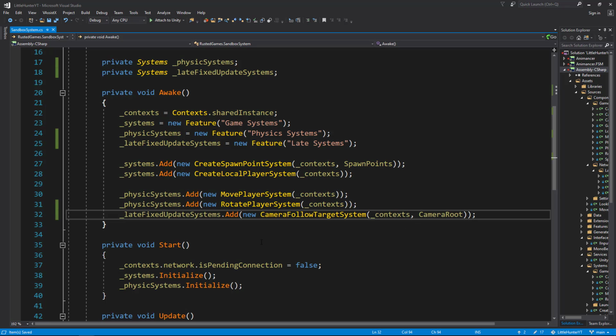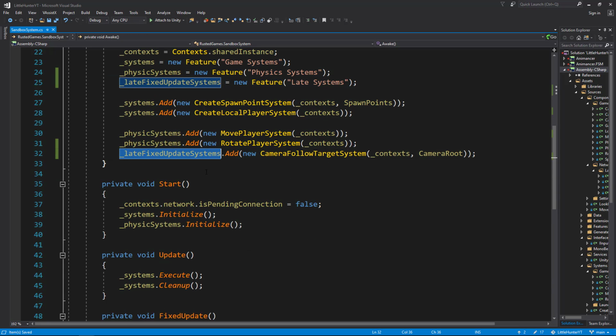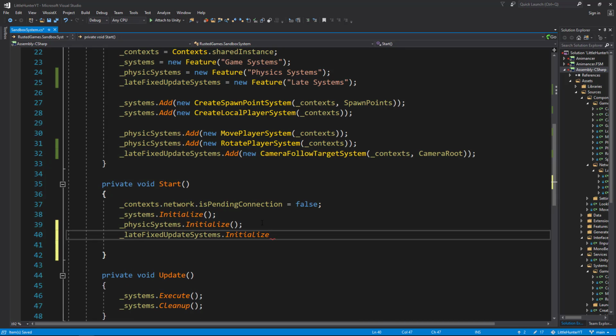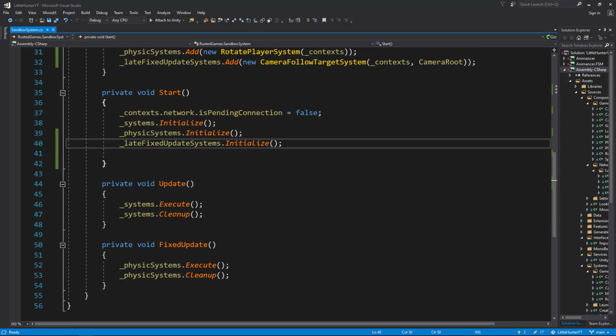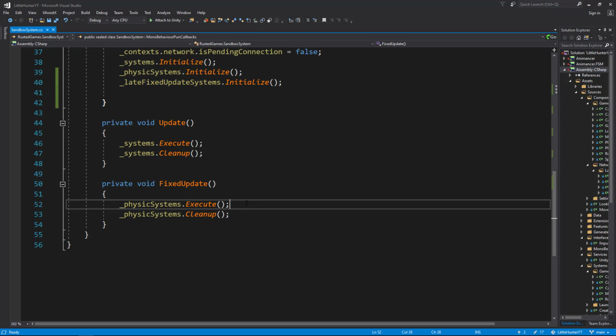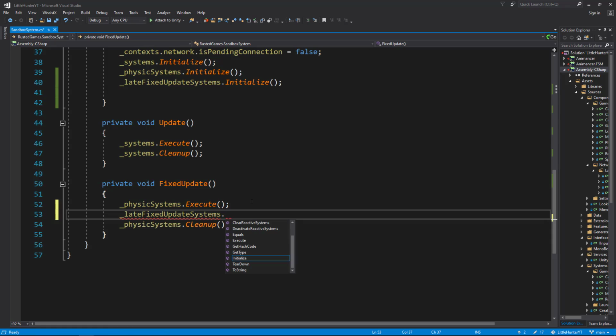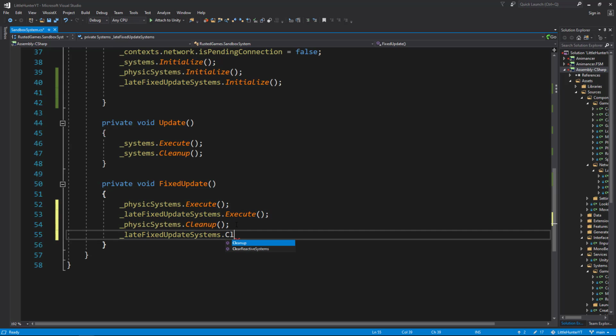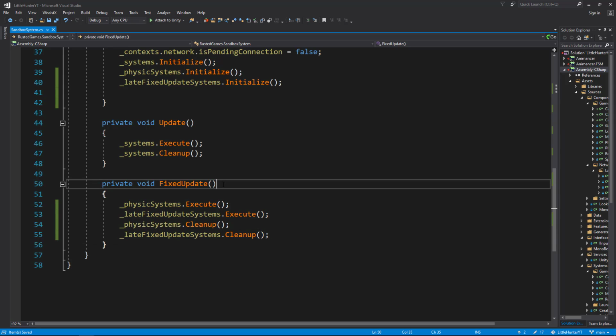So far so good. So in the Start, as always, let's copy this late update systems and let's call the Initialize method. We pass the update, and in the fixed update, remember we want the Execute to be performed right after the movement of the character. So let's execute here and let's run the cleanup to remove unused resources. Alright,